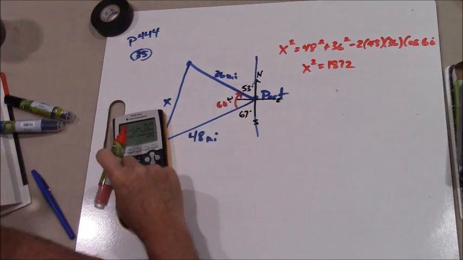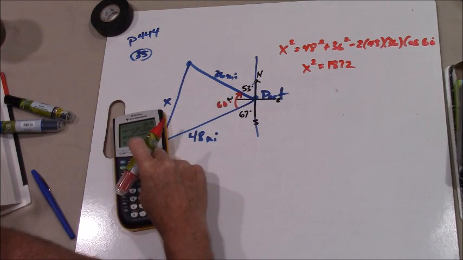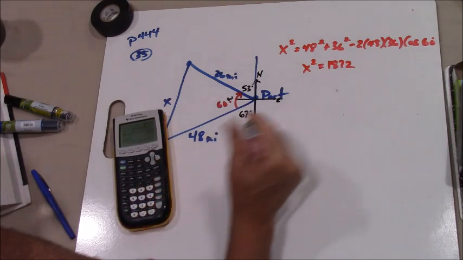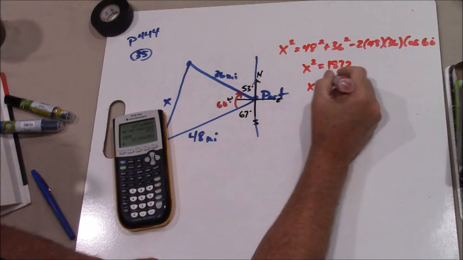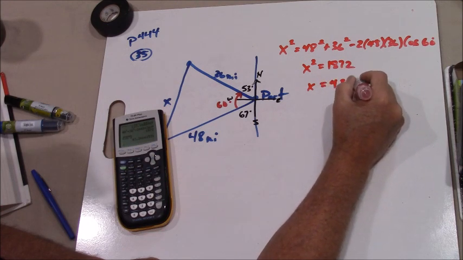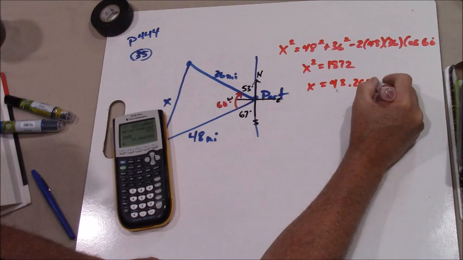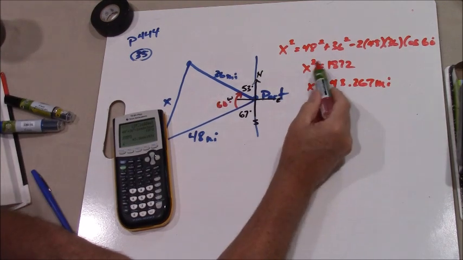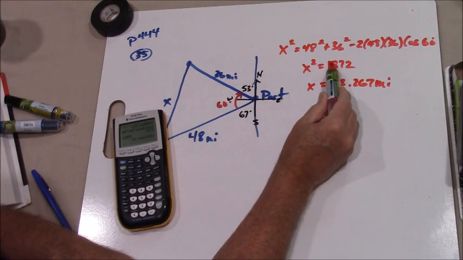And if I take the square root of that, I get x equals 43.267 miles. Now, remember, normally when we solve and we take the square root, we include the plus or minus